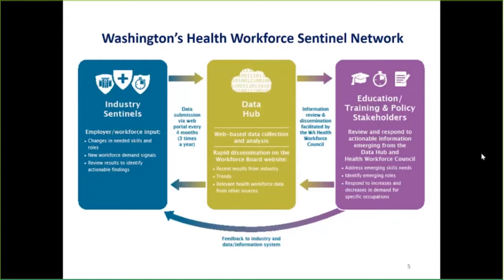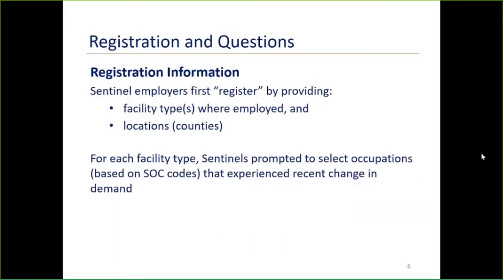out there quickly. So just some quick information about what data are gathered at each data collection point. The Sentinel employers or the partners who provide information register. They provide some contact information, some information about the organization they work for. They indicate the facility type they work with or for, so hospitals versus FQHCs versus skilled nursing facilities. And then some information about the locations in which those facilities are located, and that's at the county level in